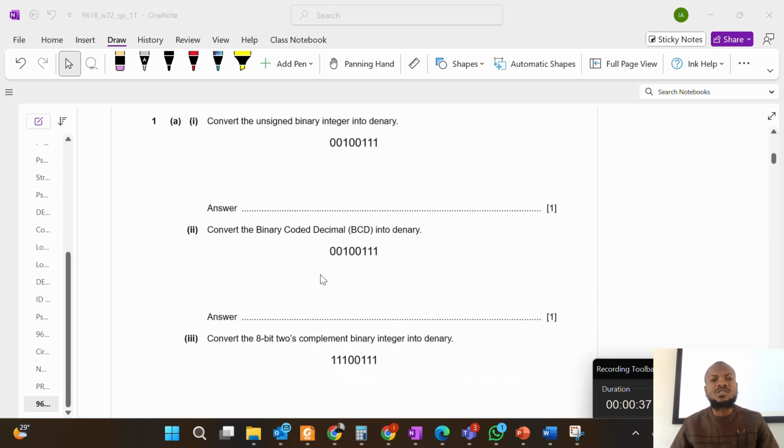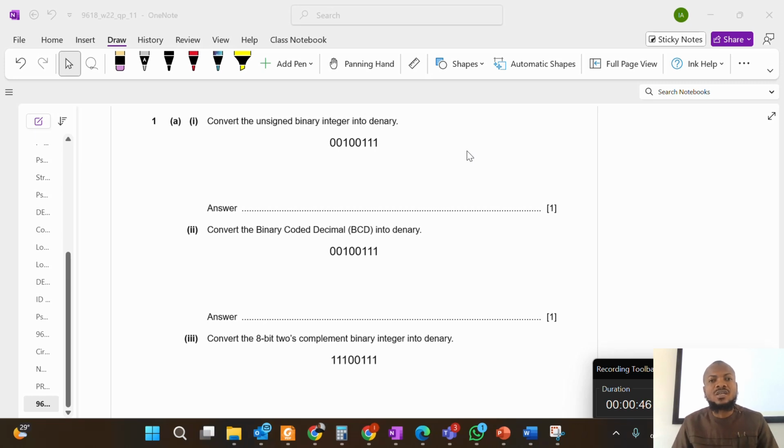Okay, now the question states: convert the unsigned binary integer into denary. So that means to convert it back to base 10, right? And so the number is 00100111. To convert to base 10 from base 2, which is binary, we have to write the place values